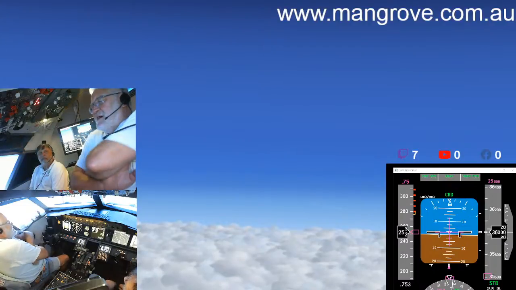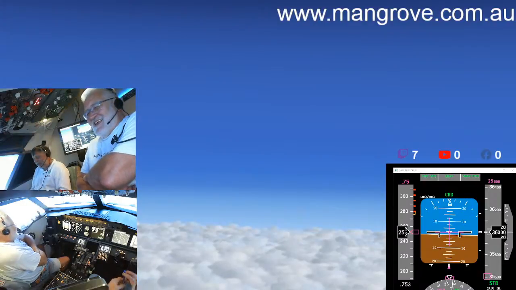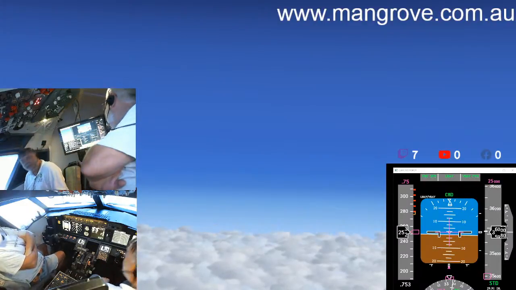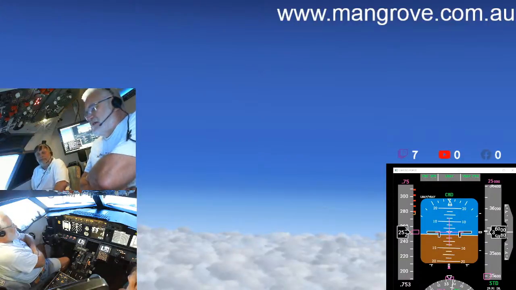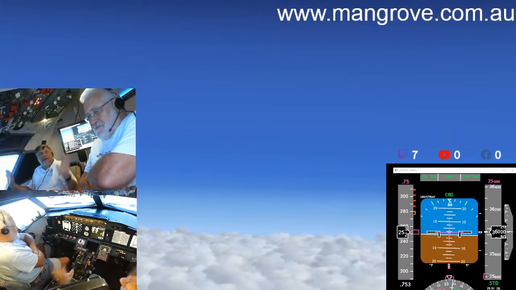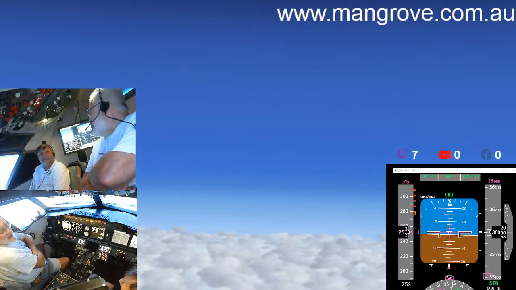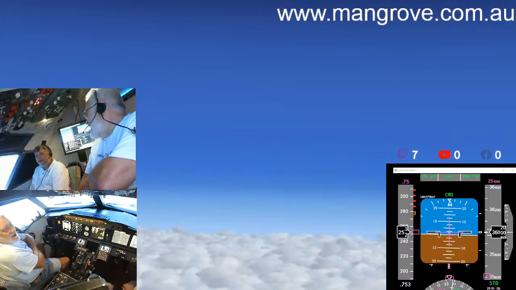This is where the whole separation thing and high-speed approaches has to happen. Absolutely. This is where I used to always get in trouble, because I used to do really slow, low approaches. And they just used to hate my guts. Everyone's going around behind you. This is why we used to get vectored out and forgotten about, because they just go, what is this doing? He's doing 185 knots, 40 miles out.